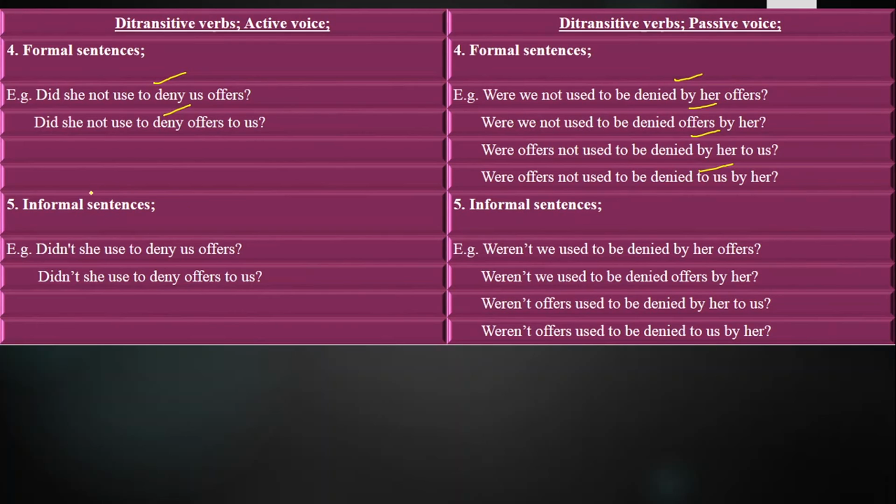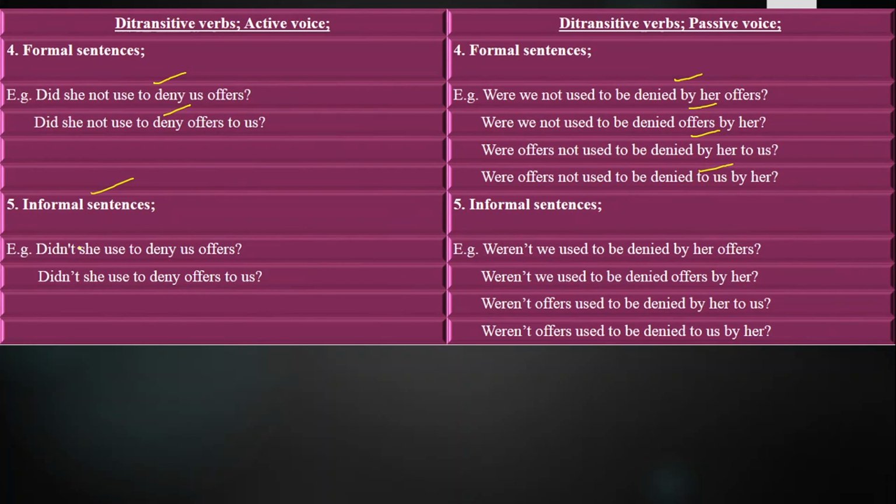Next we have got informal sentences. Those sentences in which we ask questions, deny the statement, and we ask them in an informal way. In an informal way, we use it with our juniors, youngers, with one whom you are close with, and with our friends in a friendly atmosphere.